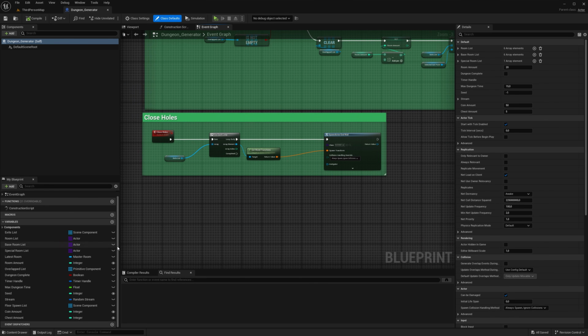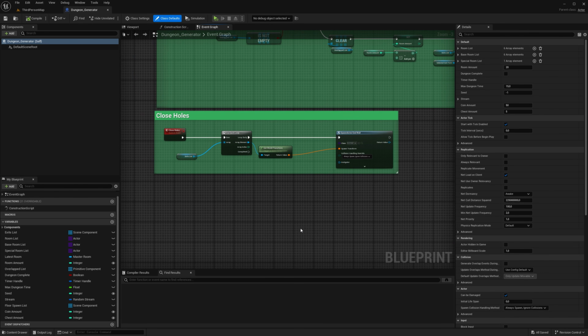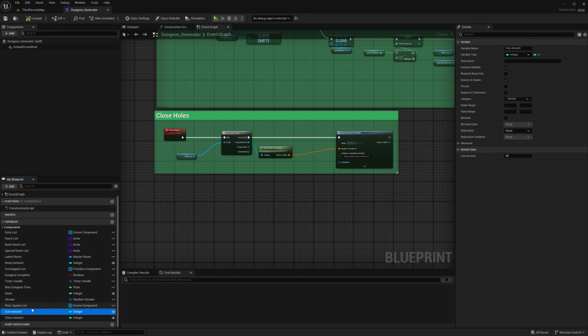So let's just make that door list. Before I do that, we need to make sure that we're making the right variable down here, and to me that can be confusing sometimes. See, we have these ones, primitive component array, and then we have this one, array of actor class reference.